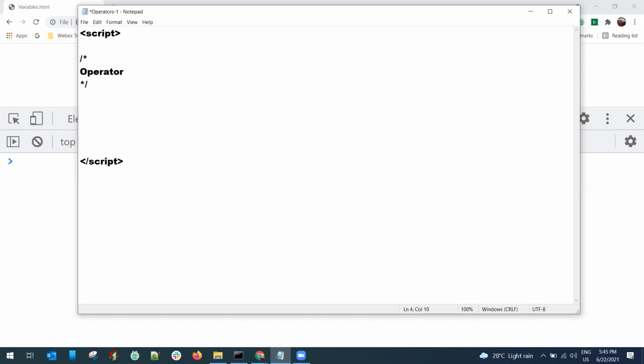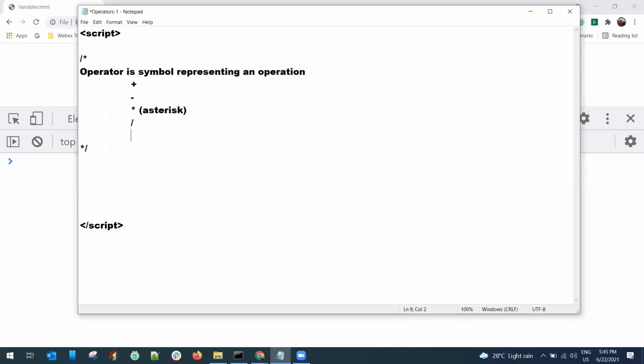An operator is a symbol representing an operation. Plus represents addition, minus represents subtraction, asterisk, which many people pronounce wrong, represents multiplication, then division, and assignment.